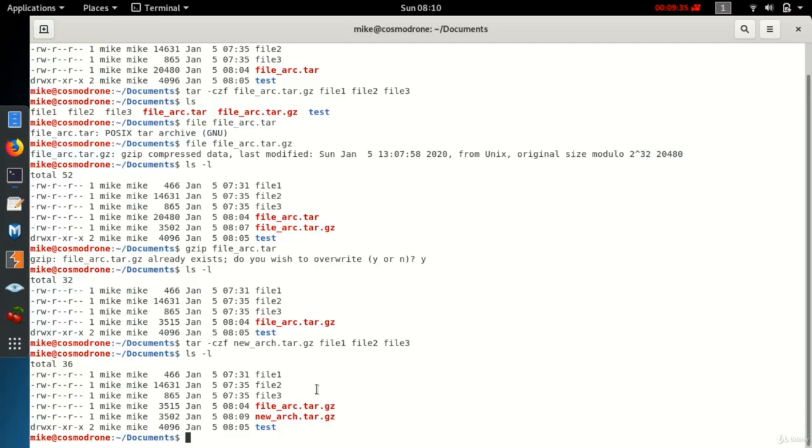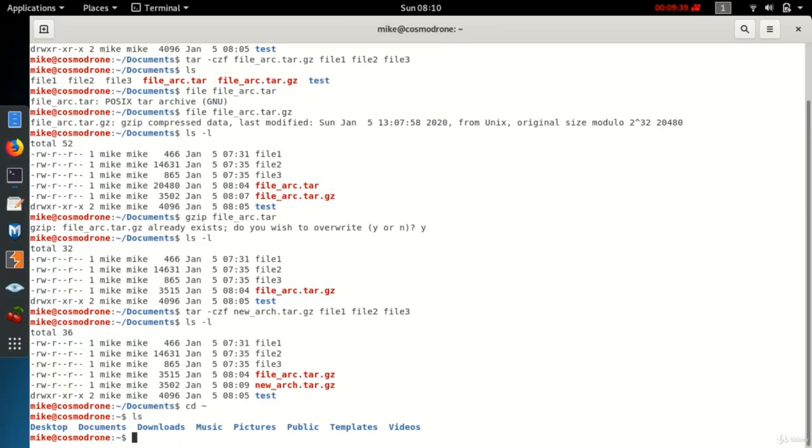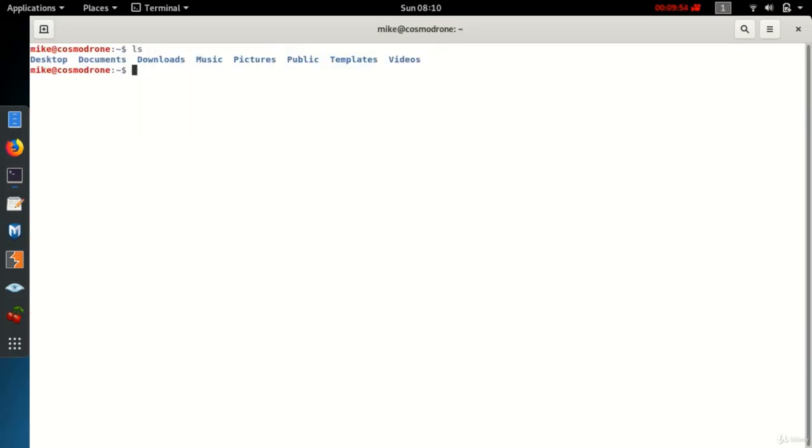Now, let's move out of this directory. So let's cd into our home directory. All right, so there's our home directory. And let's say I want to make an archive of everything that appears in maybe my documents directory. I can do that, compress the whole directory by just calling,